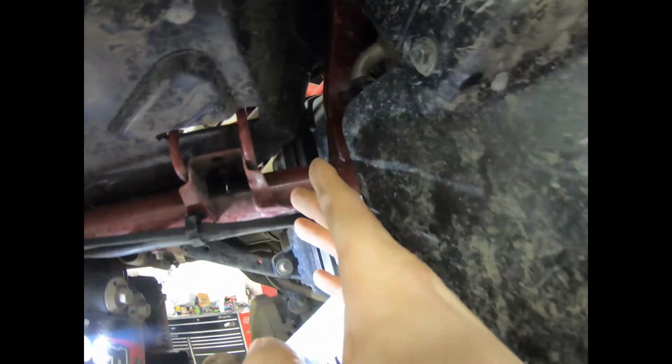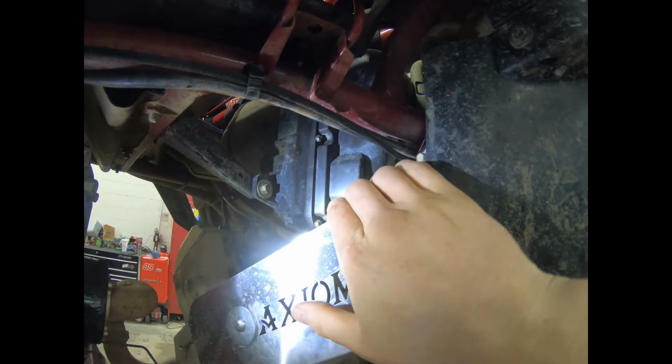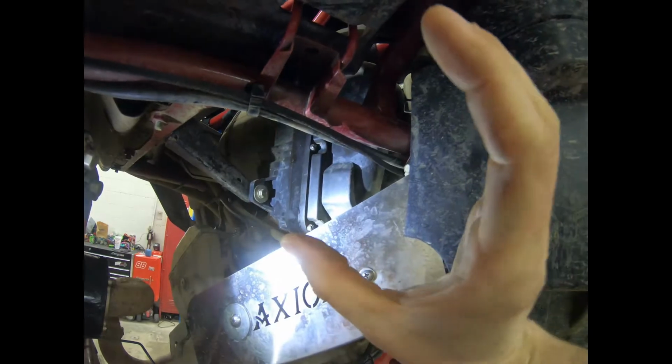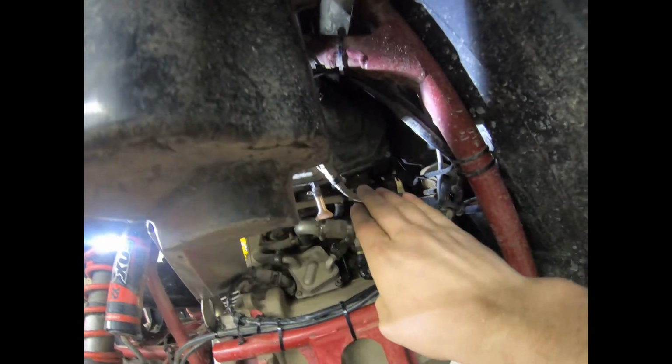So there's some up here on top that are easier to get to above the machine, and most of them are here at the bottom, easy to get to below the machine. Go ahead and take all those out, and you're going to kind of have to work the hat a little bit and then slide it down. Once you slide the hat down,